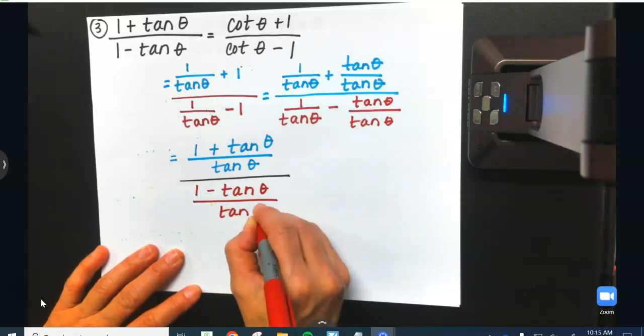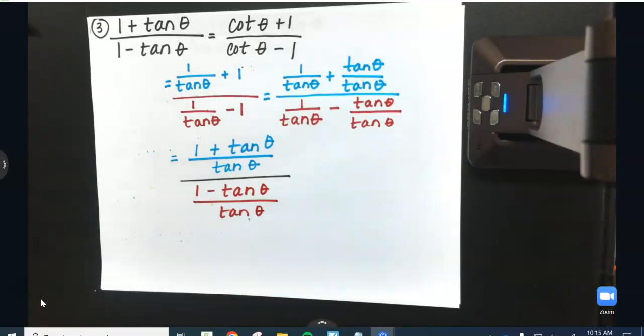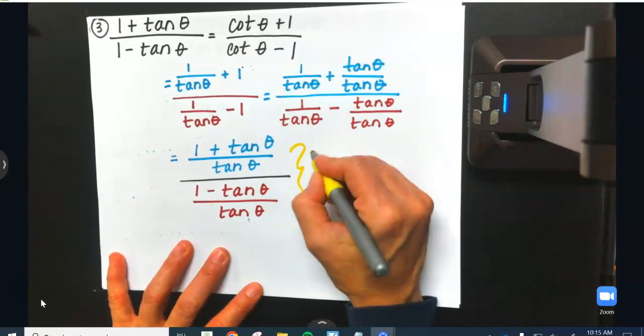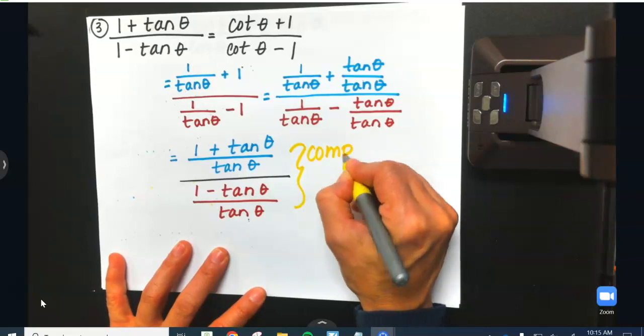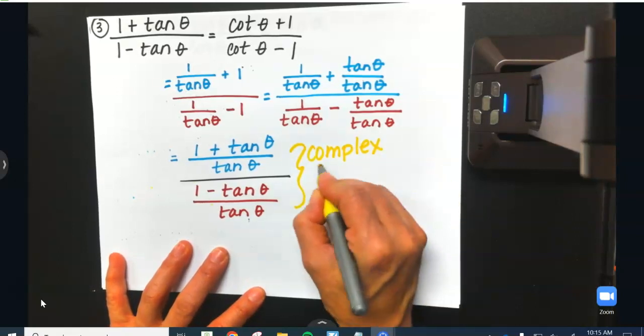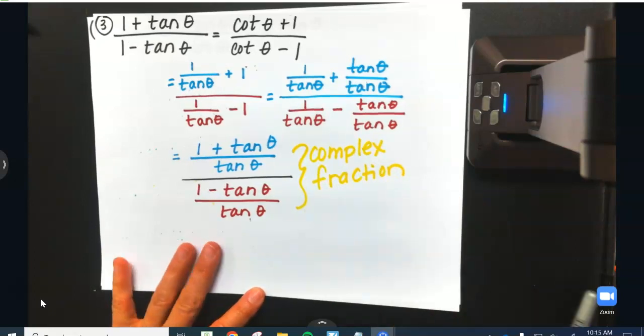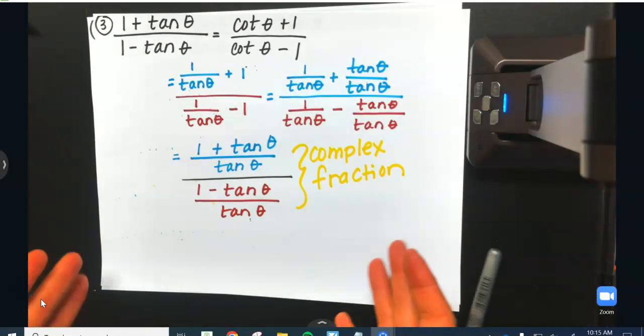That's called a complex fraction. When you have a fraction on top of another fraction with a fraction bar in the middle, this is called a complex fraction. And you don't have to know this term, but the reason why I'm bringing this up, just based on which campus you're from, honestly. When you have a complex fraction,